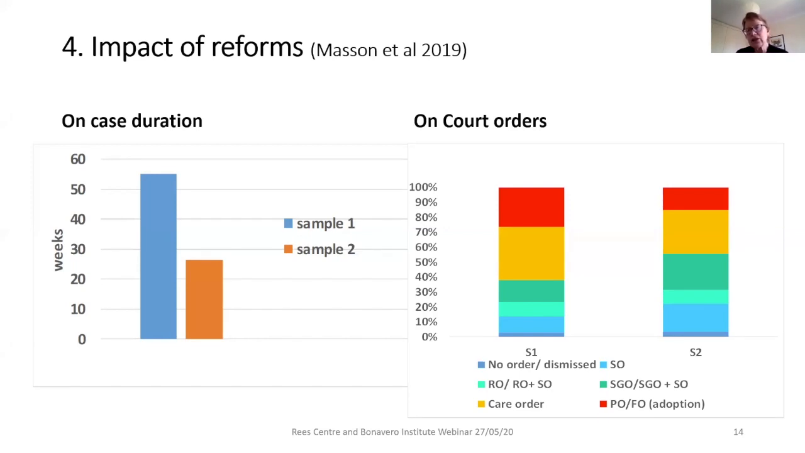And the second chart, the chart on the right, shows how the reforms impacted on court orders, and it's using the same colours as I used in the other chart. One thing to say about this is that the PLO was not expected to change court orders at all. So we could say this is about Re B-S, but thinking in more detail about